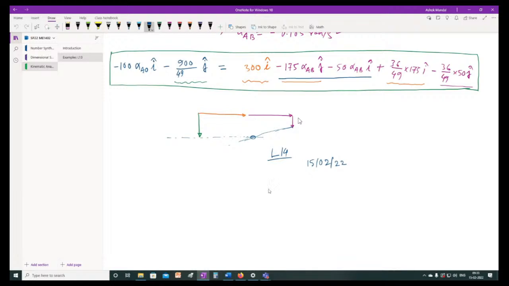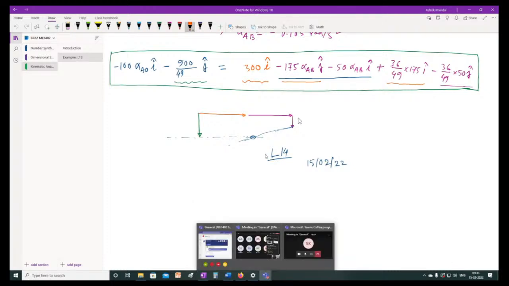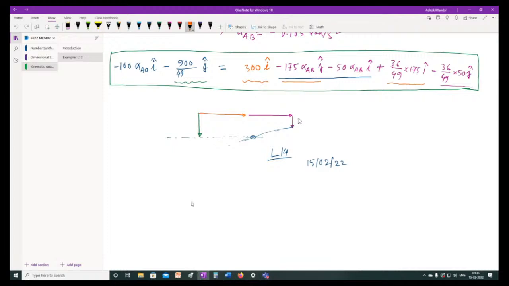So 300i, let us first write down this 300i. First I draw this 300i. And then